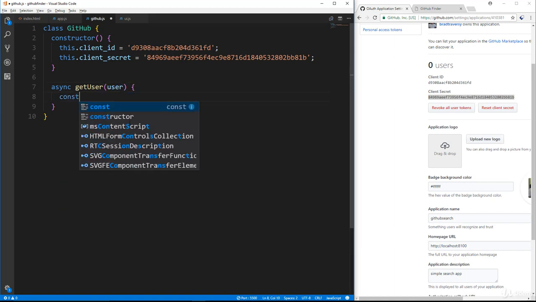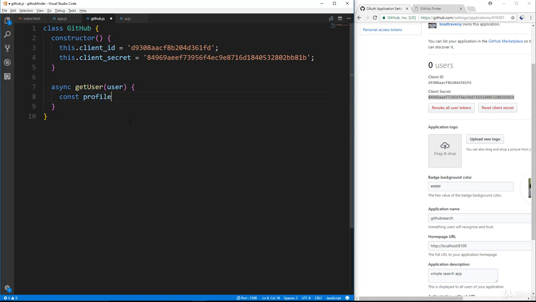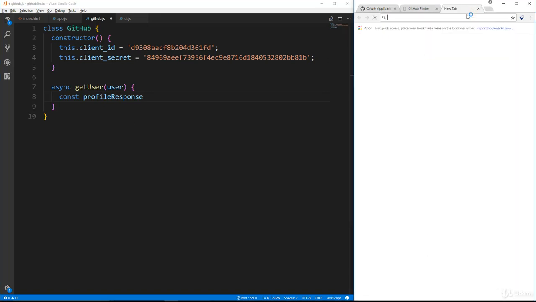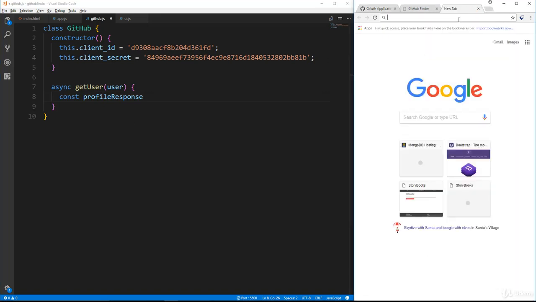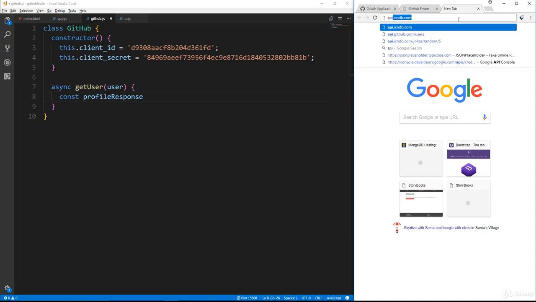and let's say const profileResponse. Now we're actually going to be making two requests within this function. One is going to be to get the user itself. One is going to be to get the repos of the user. There's two different URLs with this API that we need. So one is going to be